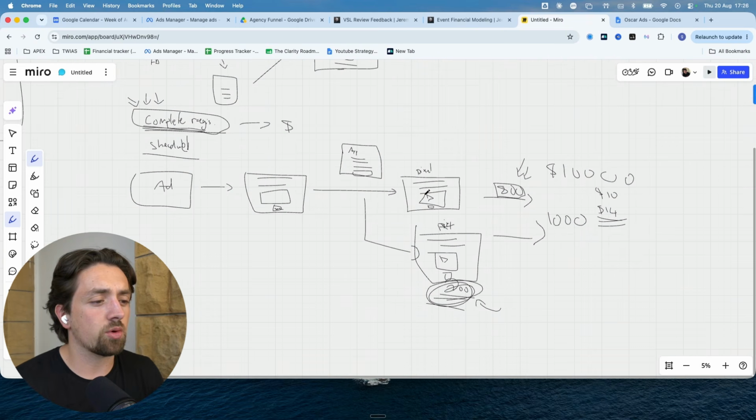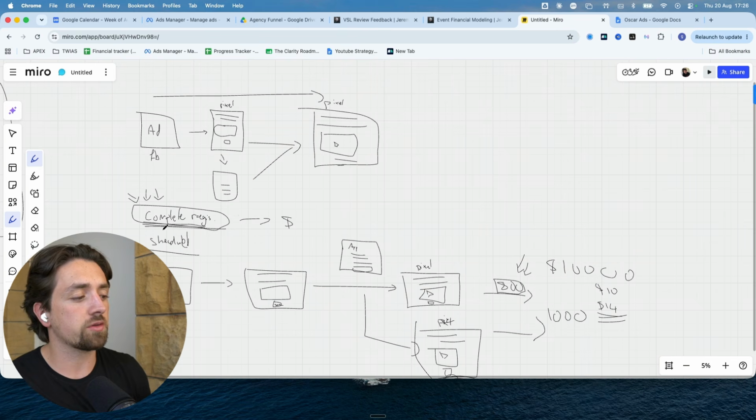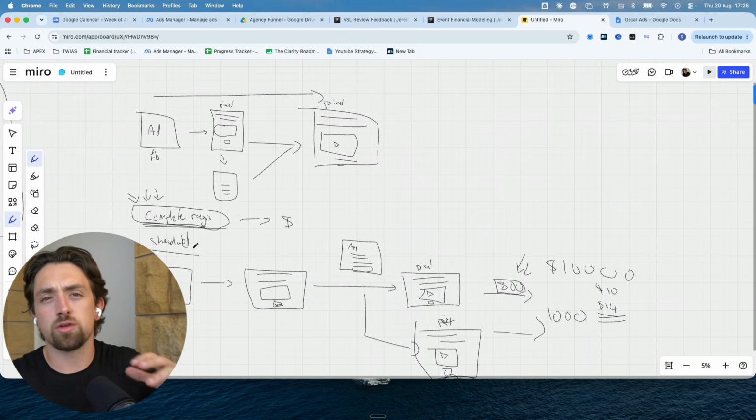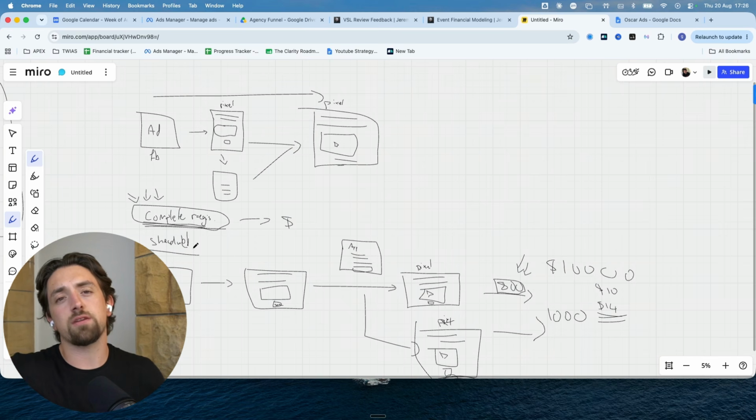So that's a really simple way to increase the lead quality that you have coming through your funnels, especially through a webinar funnel and even through a call book funnel. So with a call book funnel, just really quickly, the way it would work is instead of having everyone go to a VSL where they then book a call, you would have people go to a VSL, they fill out an application, and then based on their application, if they qualify, they go to be able to book a call